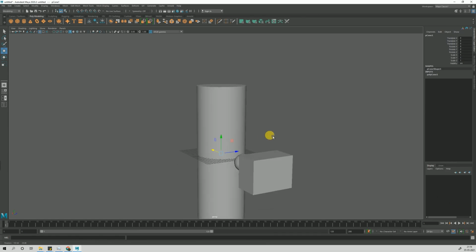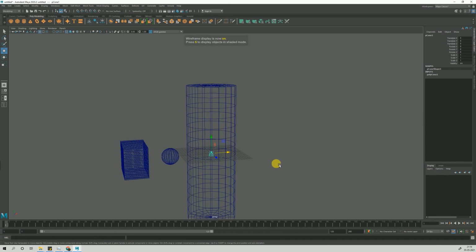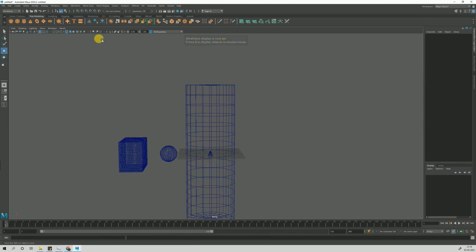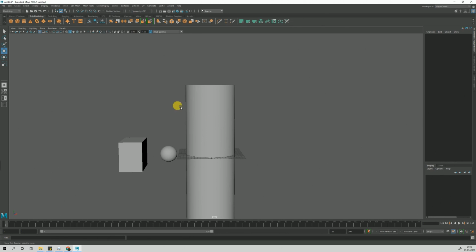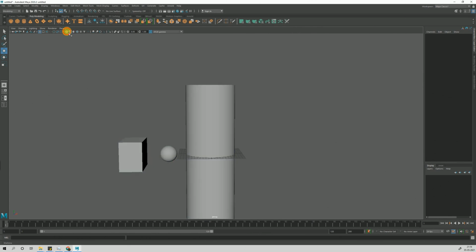Cone. Okay. We created a cone and we can't see it. There are view options. If you press on your keyboard, you can see wireframe mode. There is another way to do that. This is called wireframe mode. So you can get to your wireframe mode from here, or you can directly press 4. Next is your smooth shading mode. So you are going to need these two modes: the shortcut is 5 for smooth shading mode, and wireframe mode is 4. You're going to need to shuffle between these two.